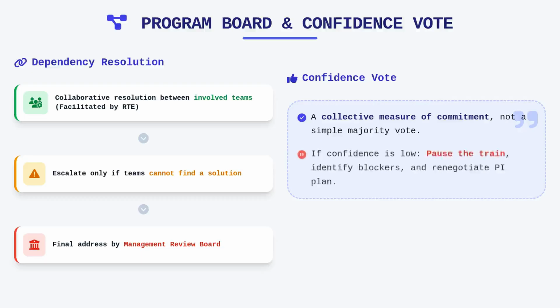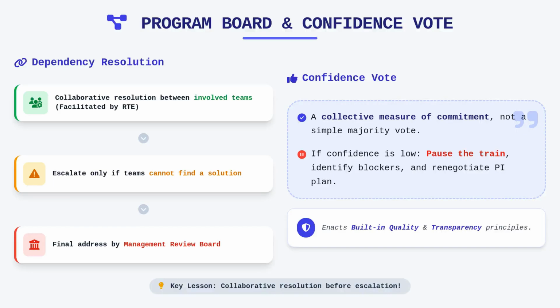Regarding the confidence vote, remember that it is a collective measure of commitment, not a simple majority opinion. If the confidence level is low, the entire train must pause to identify the blockers and renegotiate the PI plan until confidence is restored to a sufficient level. This is not a failure of the event, but a successful enactment of the built-in quality and transparency principles that